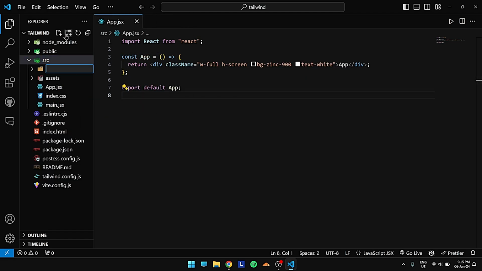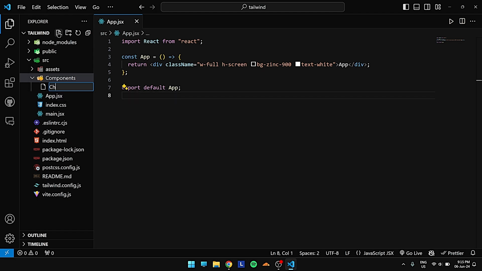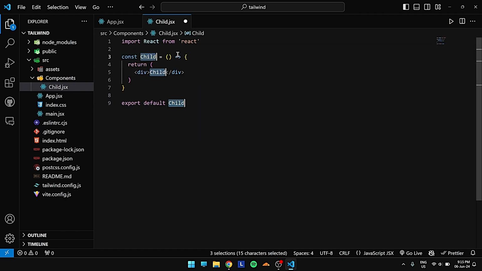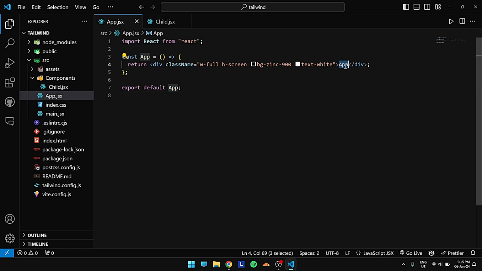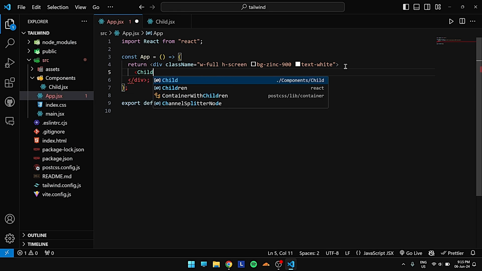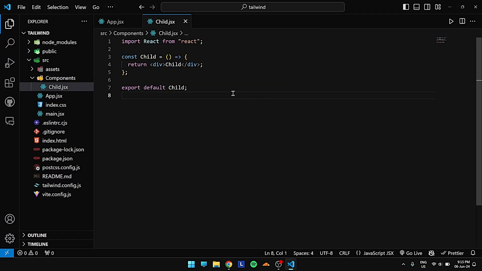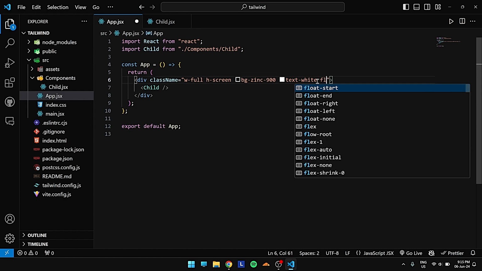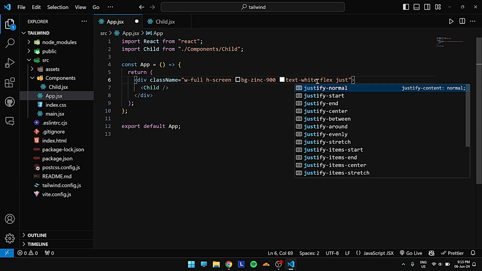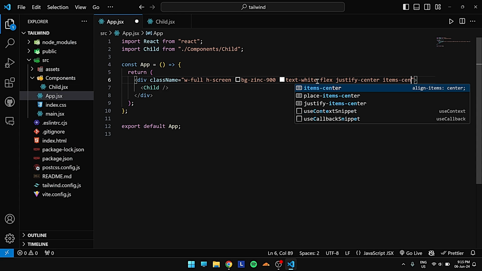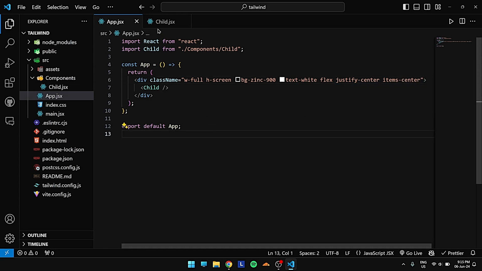So in the source folder I will make a new folder named components, and I will create a component named child.jsx, and now I'm going to include this component here. So it has been imported automatically, and here I can see that. Now I will first of all give it flex, justify-center, and items-center, so that everything is centered on